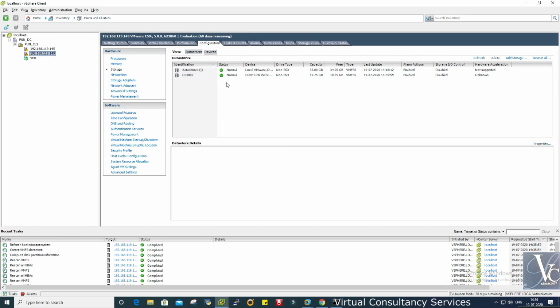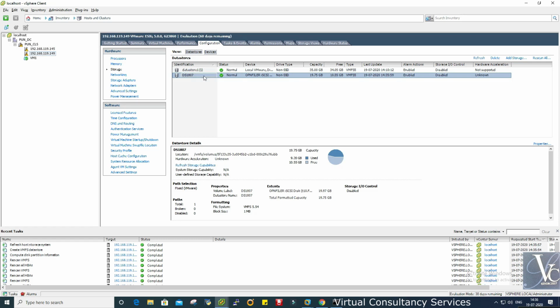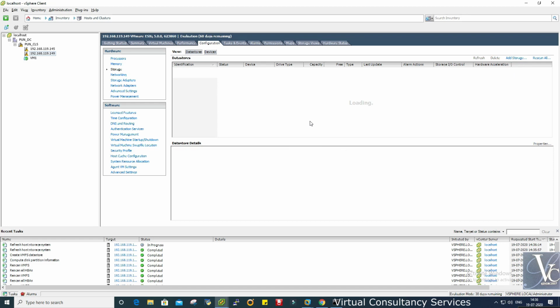Refresh. Okay, this one got added. Then we have this datastore. Let's refresh this. It will get added here also. Let me scan.